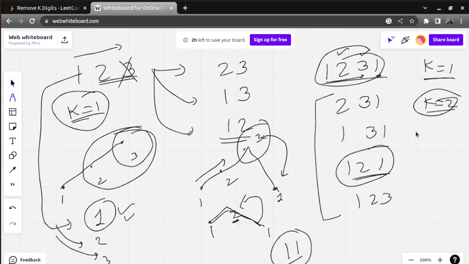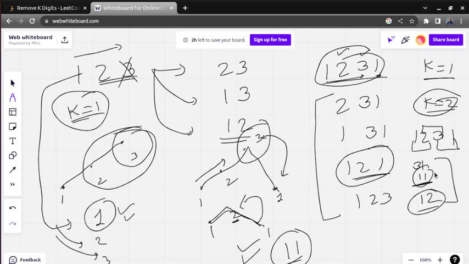Now let us try 1 2 3 1. In this, what are the 2 elements you need to remove to get the smallest one? Let us see. If you remove this, you are going to get 31. If you remove 2 3, you are going to get 11, which is ultimately the smallest one. As you can see, with our approach also we have got this solution. And if you remove these 2 elements, what is it going to be? 12. Now if you compare this, 11 is the smallest one. So this is also what we got in our approach.